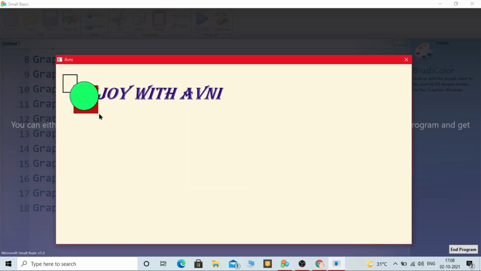See, circle, square, and then rectangle.